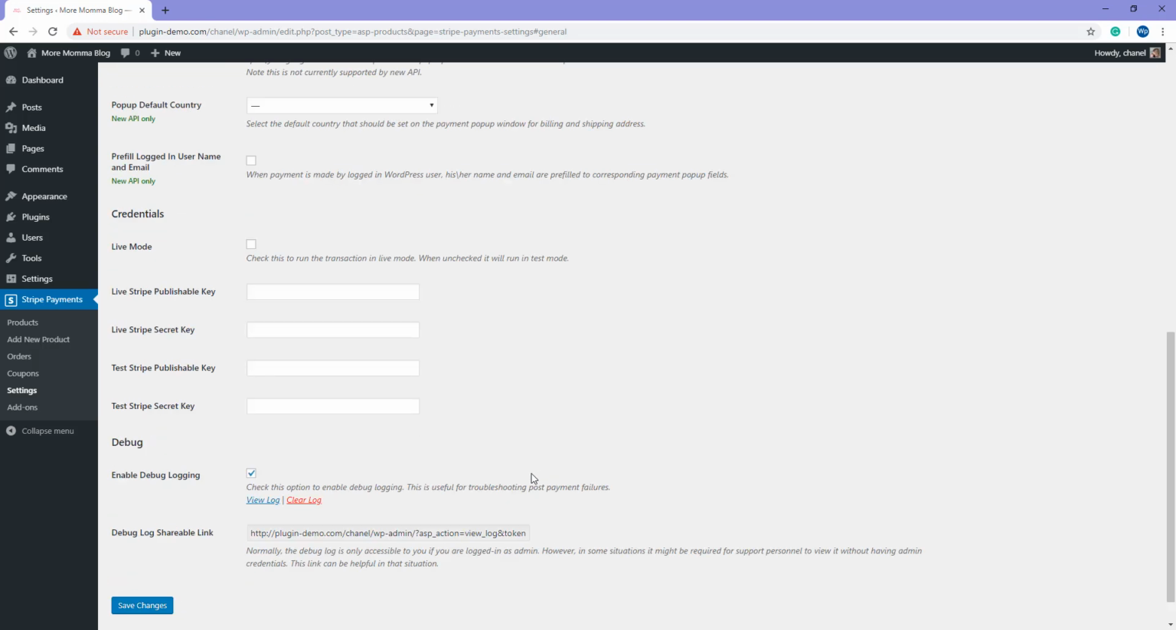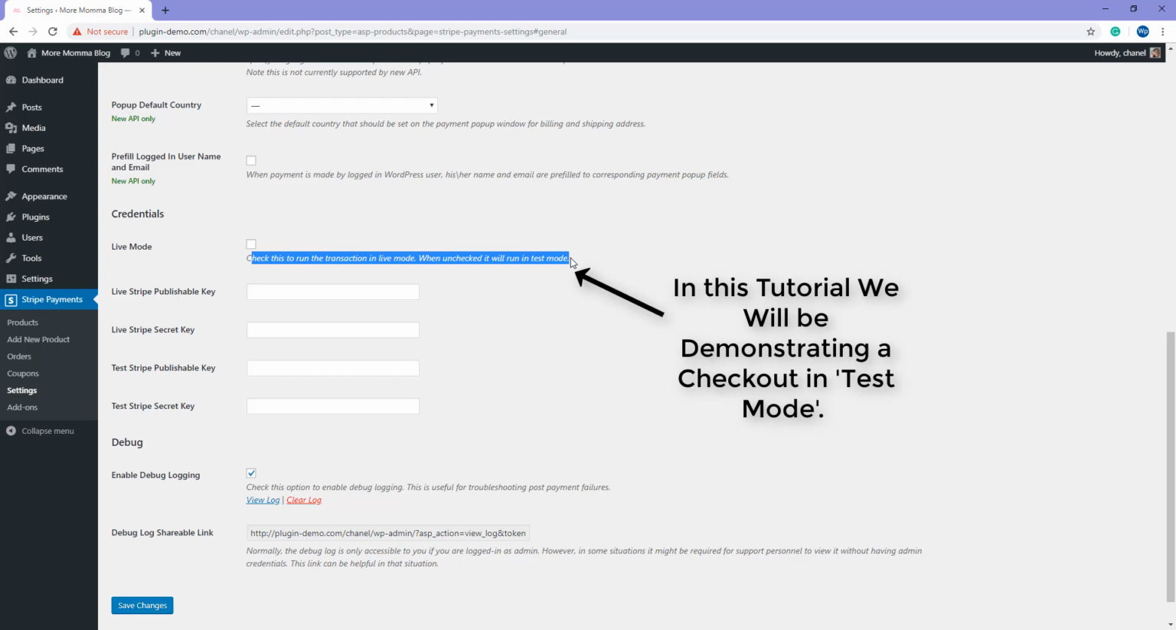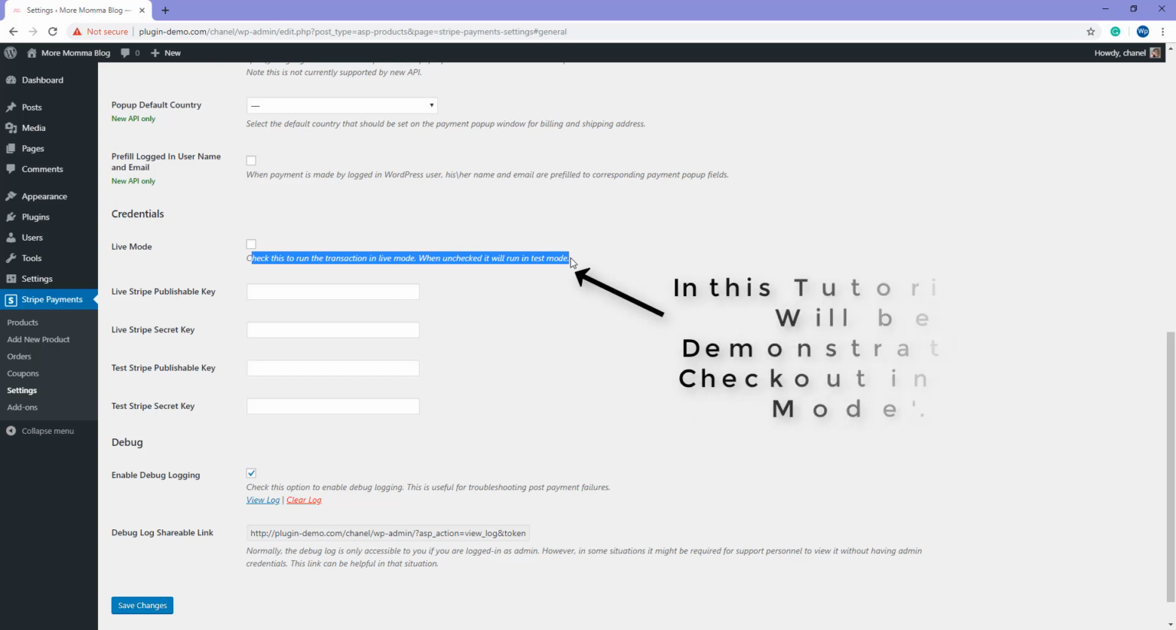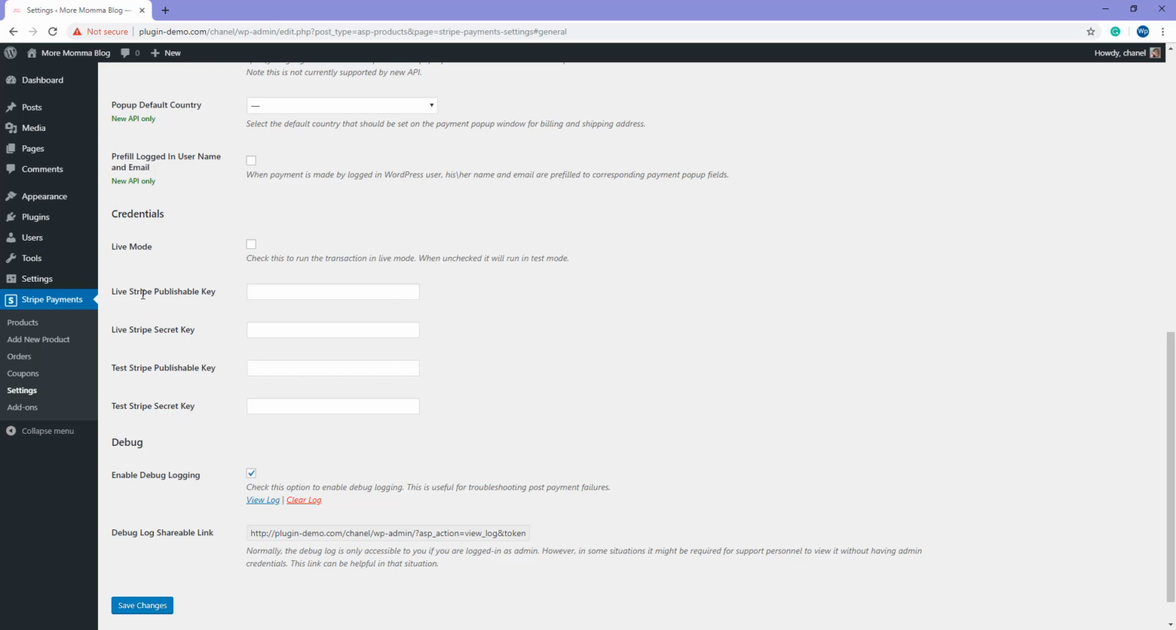So once you have pasted in your API keys, you'll need to check live mode if you wish to run your transactions in live mode, or you can keep this unchecked if you're just going to test some transactions out first. But make sure you've got both keys in there, whether you're running live or test transactions, to ensure the